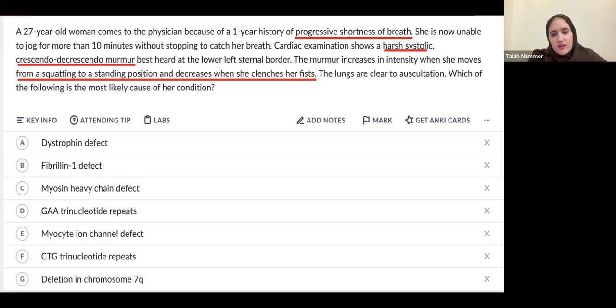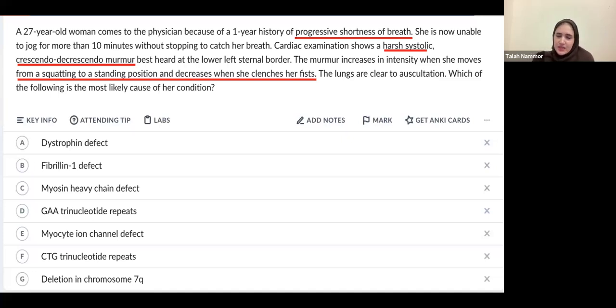Or do you not know that? If you don't know it, maybe the doctor did not mention it. I know this, but I forgot. Okay, no need to tell me what maneuver. What is this disease? So she's young, she has shortness of breath, crescendo-decrescendo murmur,